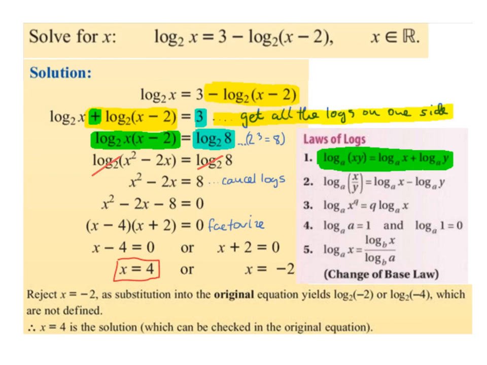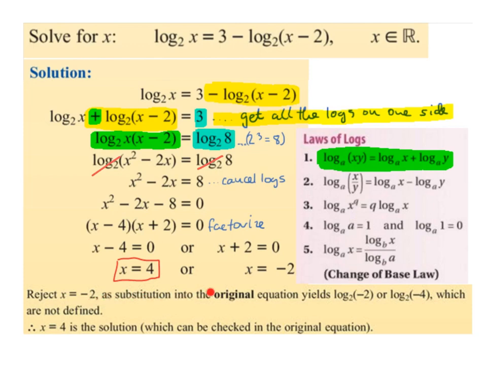And then we solve. So x minus 4 is equal to 0, so x is equal to 4. And x plus 2 is equal to 0, so x is equal to minus 2. So our solutions are x is equal to 4 or x is equal to minus 2. However, we're actually only going to go with x is equal to 4. So we reject x equals minus 2,